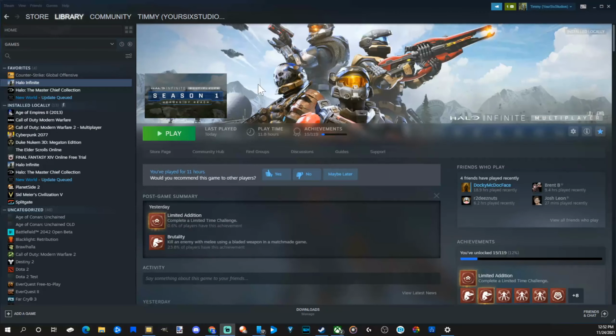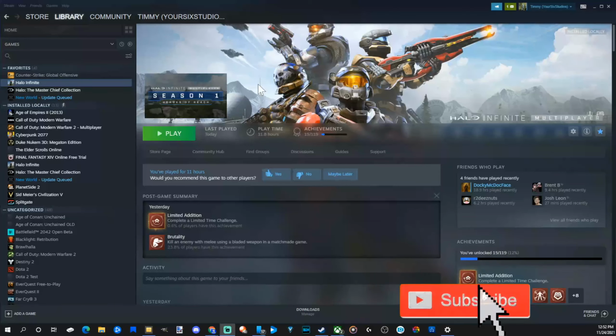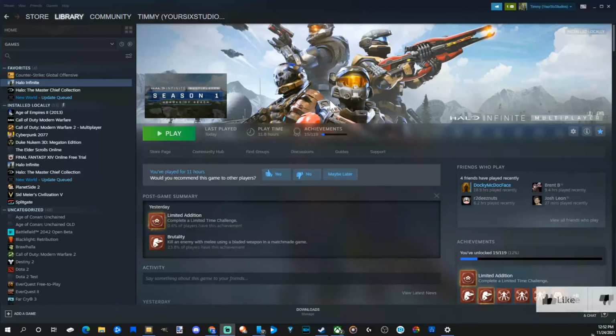So I can get 60 frames per second and still have stuttering issues in Halo Infinite, and it's very difficult to play the game. Now I'm going to show you about 5 to 10 different tips to help you alleviate your problems. The first thing we want to do is uninstall the high-res texture pack on